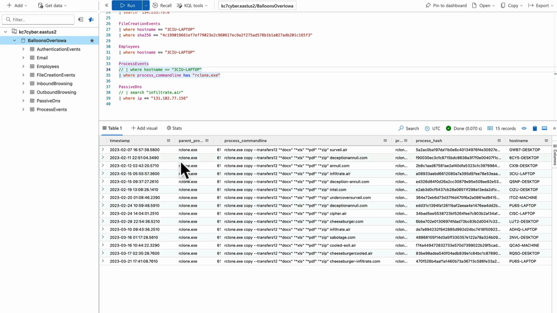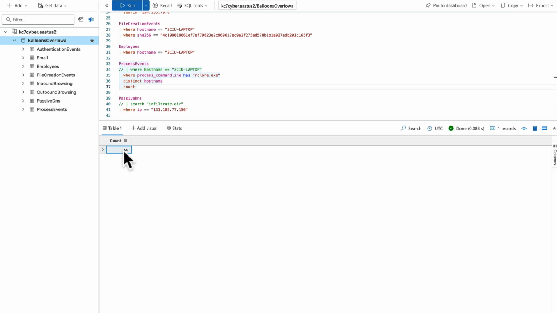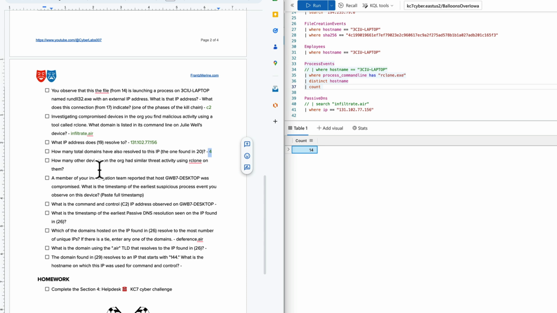We see a handful of hosts that look like rclone was run on them, but we also want to make sure that we have distinct hosts. So let's go ahead and put the distinct command in the command line. We do distinct host name, and we see 14 records, and that is the answer. Just to do this programmatically, I'm going to use the count command, and 14 is what I'm looking for. I copy that, come over, and how many other devices in the organization had similar threat activity? This is great. So we're going to put in 14 and properly format that as well